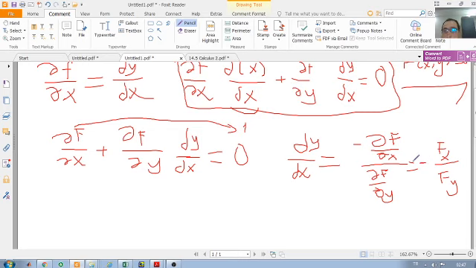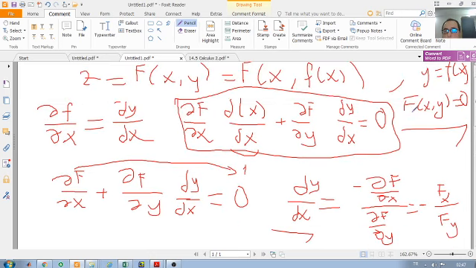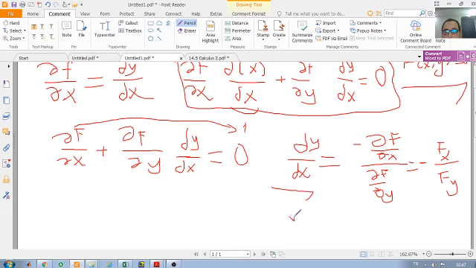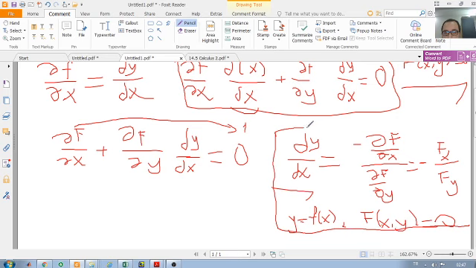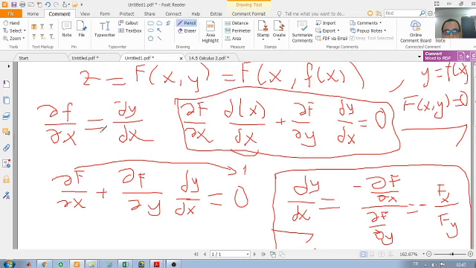Actually, you know this formula from calculus 1. This is equal to the derivative of y with respect to x if it is given implicitly by the equation bigger F of x, y, namely y is equal to f of x here, and it is defined implicitly by the equation bigger F of x, y is equal to 0. So this is the formula for the derivative of this function given implicitly, and this is the proof of this formula. It is obtained by using the chain rule, case 1. Okay,